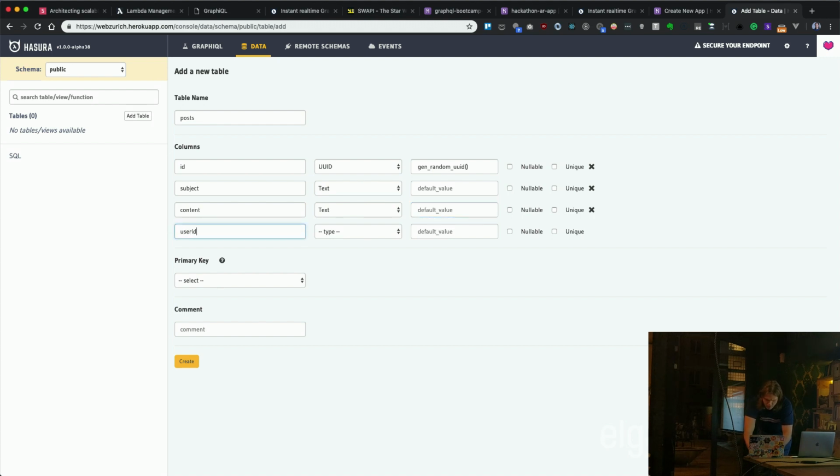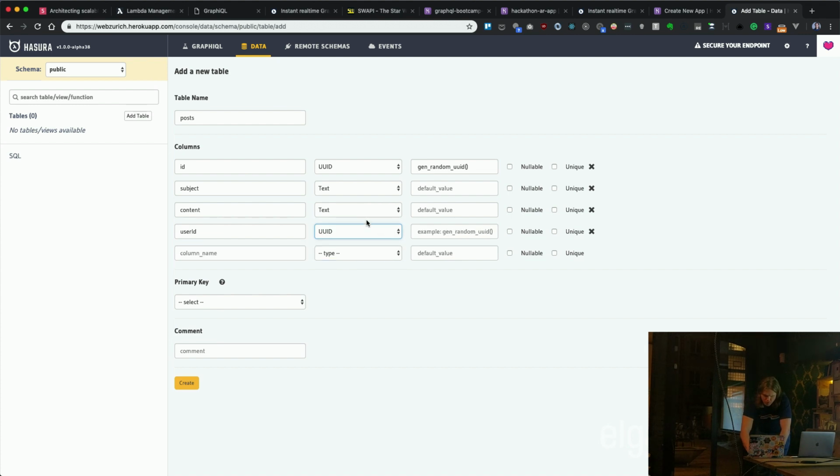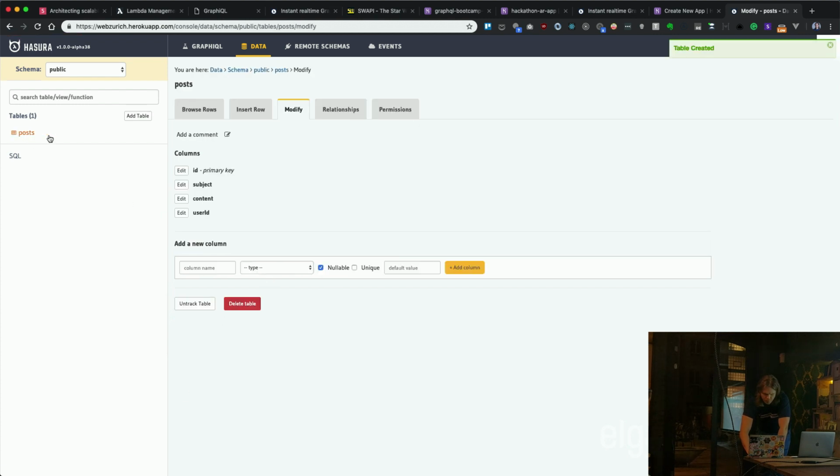I want my post to be connected to a user, so I will have a user ID, which will be connected in the future to the users table. I will add ID as a primary key and create, and we have these posts here.